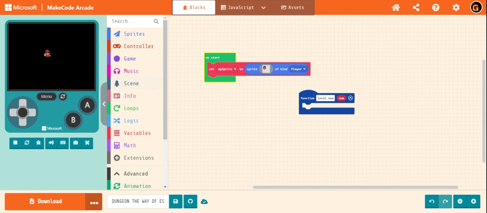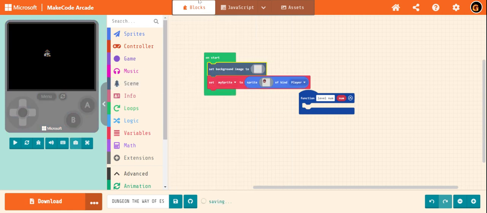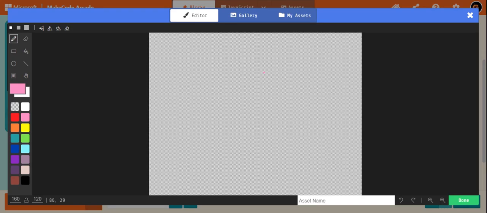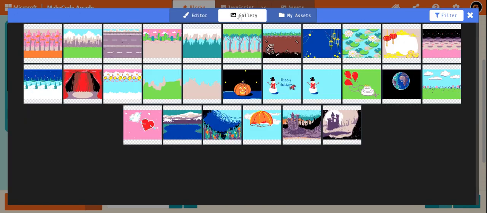So next our work is to set the background image. Let's go to the scene, then set the background image, and put it on the top. What background should we set? Think, friends, whatever background you want. Because this is a dungeon game, I shall choose that castle background.